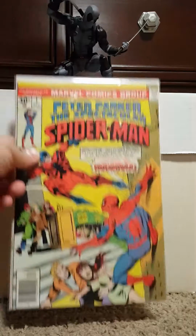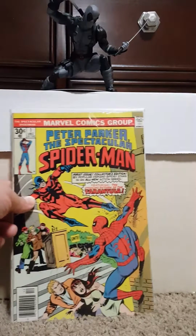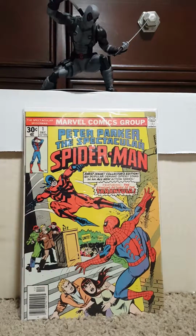So, the last 2 books are the money books of the collection that I got. Peter Parker, The Spectacular Spider-Man #1. This isn't a great condition book. It's pretty good. I mean, it's flat. No real creasing. Spine's all right. I was pretty stoked with it for $1. I don't think I could complain about that. It's normally going for what, 50, 60, 70 bucks, somewhere in there. I'm not exactly sure. I don't know what the eBay prices are, but I'm just going off of what I see at the shows. But this book,